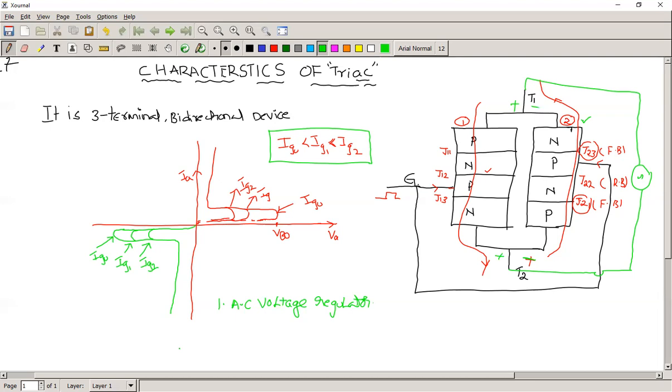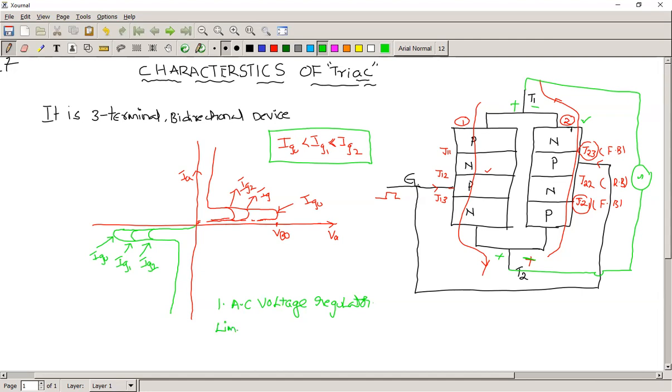If you apply the gate voltage, junction J22 breaks down, and the device goes to the on state. In this manner, we are using the triac in an AC voltage regulator to regulate the positive cycle as well as the negative cycle. But the limitation is that it is an integrated device, so